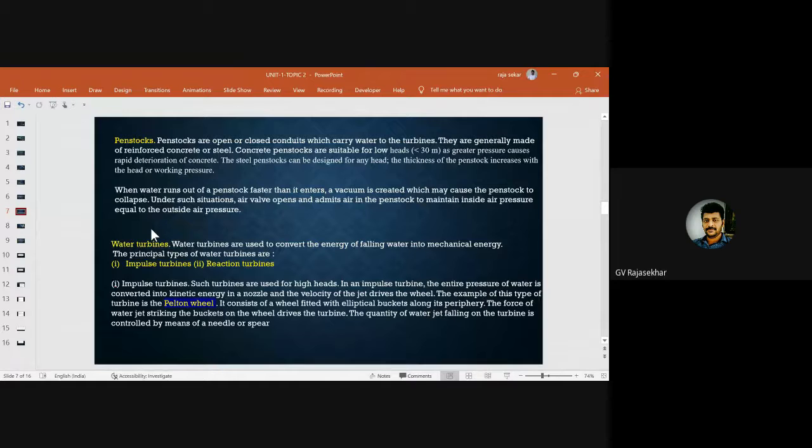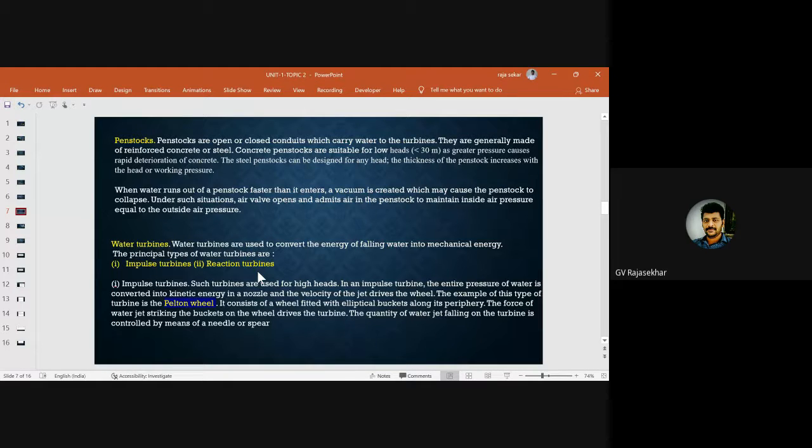Next very important topic is water turbines. So we need water turbines to run the generator. How are these water turbines used? When water falls onto the turbine, what will happen? The turbine starts rotating. When water from a very high point falls on the turbine, it rotates. So there are two types of turbines. One is the impulse turbine. The second one is the reaction turbine.